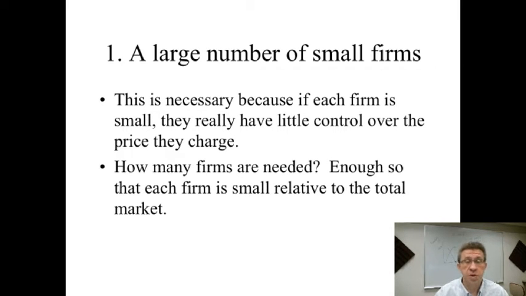So a large number of small firms, what do we mean by that? Well, we don't have a set number, and nobody knows exactly what number this is. Is it 6? Is it 8? Is it 12? Is it 14? I don't think anybody's really sure. But you do need enough that each firm is small relative to the total market size, right? Specifically, you need enough that if each firm decides to raise or lower their output dramatically, they're not big enough to affect the price, right? There are so many other firms that one firm won't affect the price, just like we assume that one consumer is not going to be enough to affect the market price in any given market.